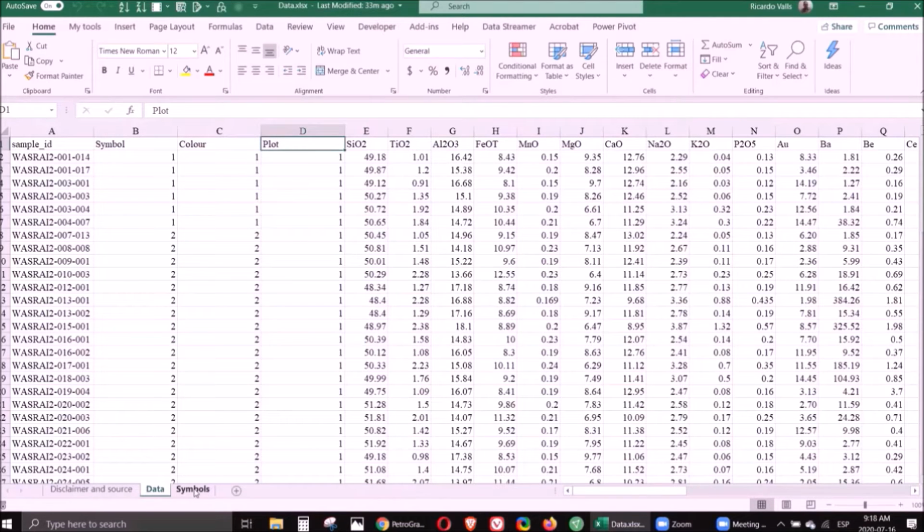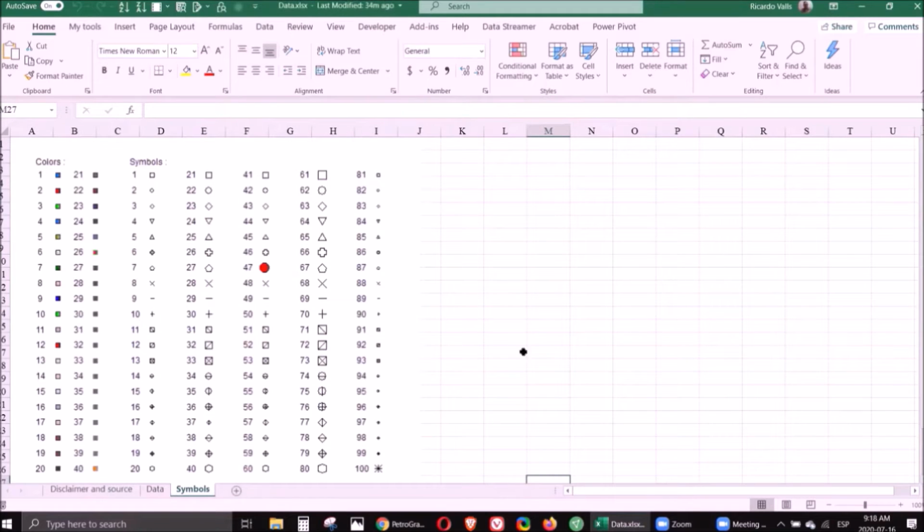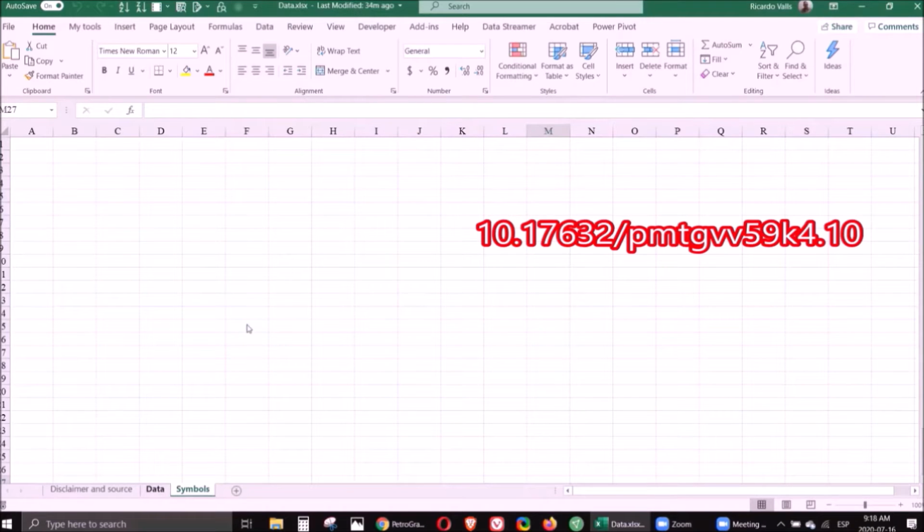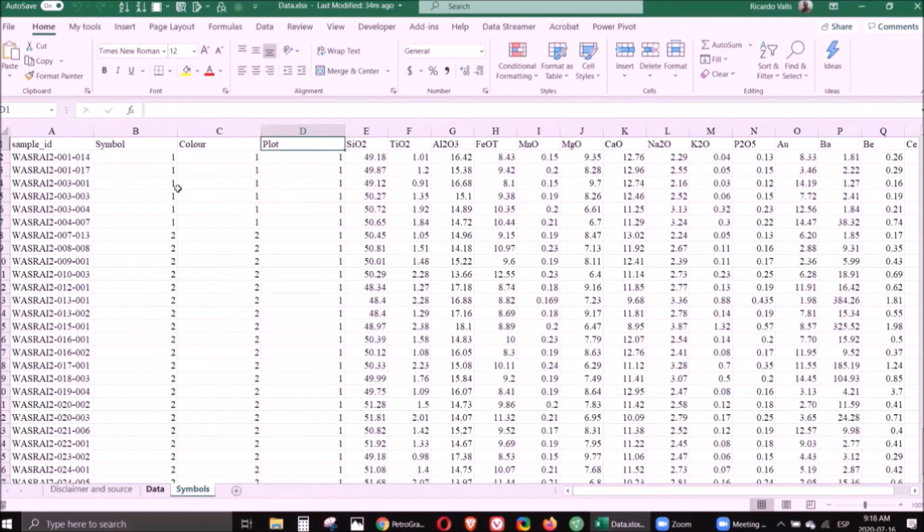The symbols and colors are shown in this section here, and as always I will have all this information and support data on Mendeley, and I will put a link here so you will know from where you can download it. So now that our data is ready, we can save it as an XLS or as a CSV, and once we do that, we go and open